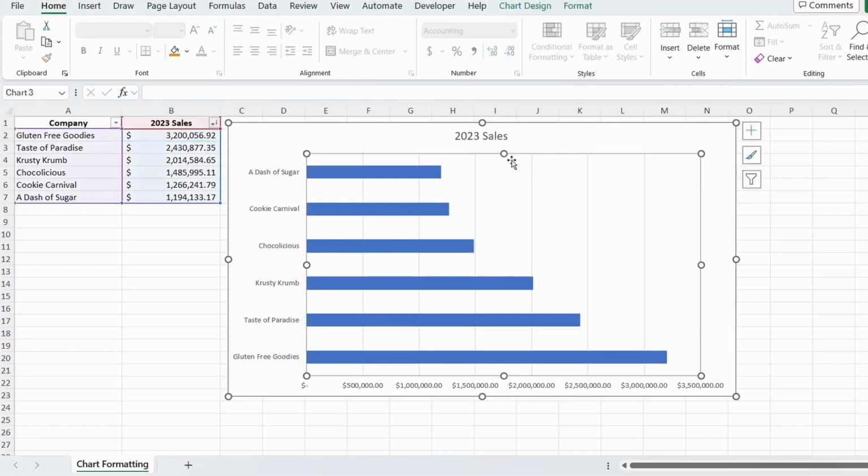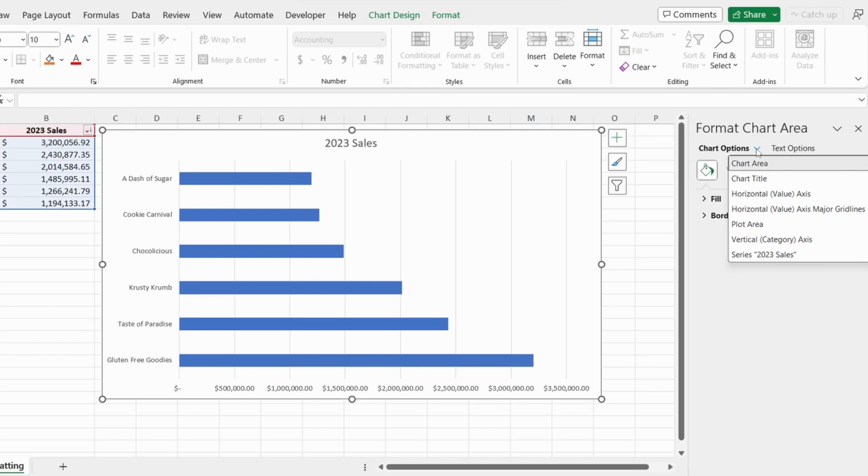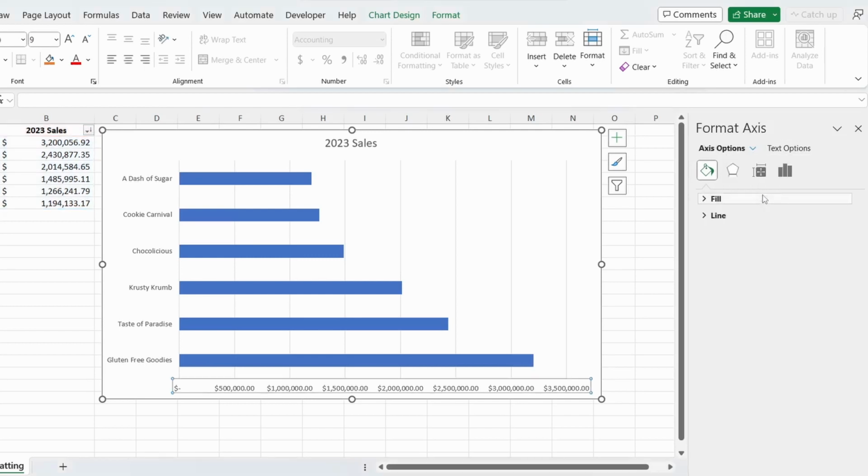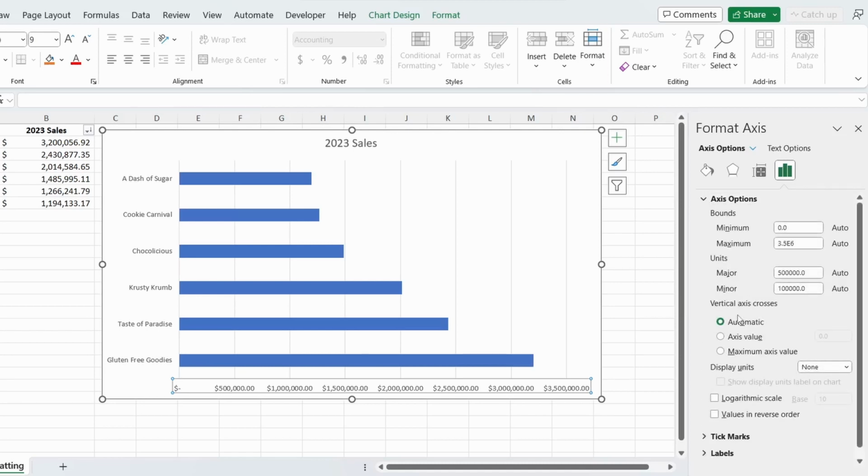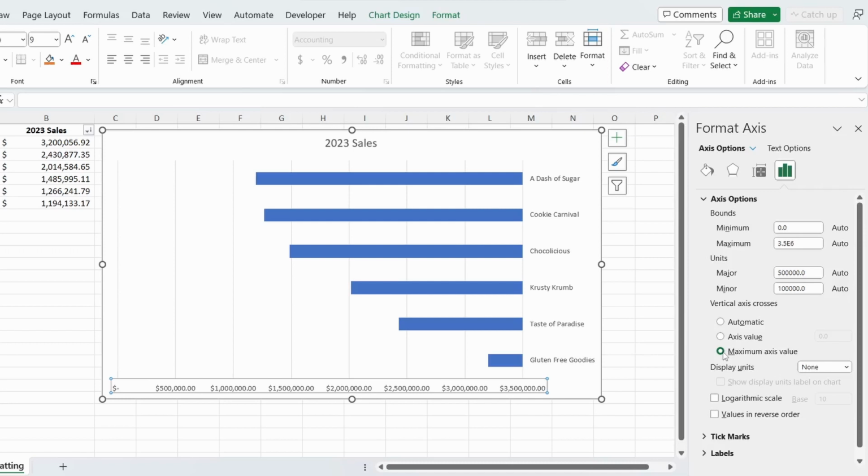Now, if I go ahead and select the chart here, and actually let's choose our horizontal axis. When I'm looking at the axis options, I'll open this up. You can see here that the vertical axis cross is set to automatic. If I were to change the axis value, I could adjust that. If I change the maximum axis value, we're back in descending order, and we moved our companies to the right-hand